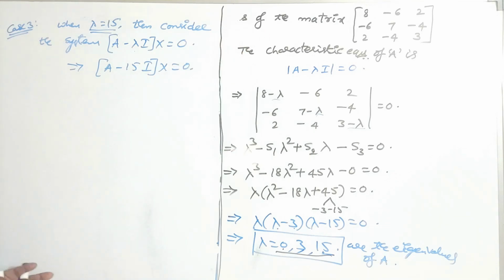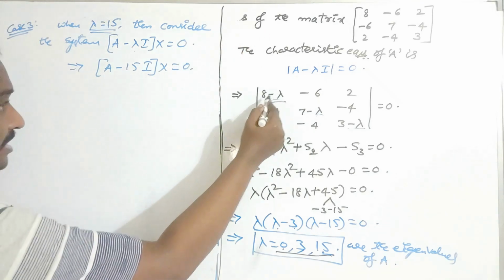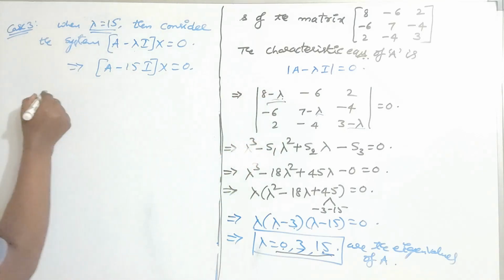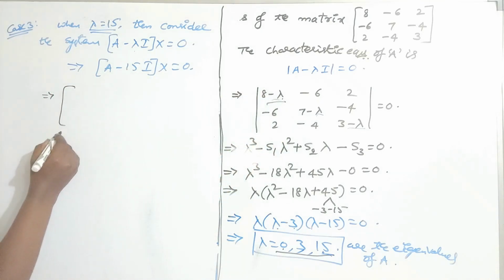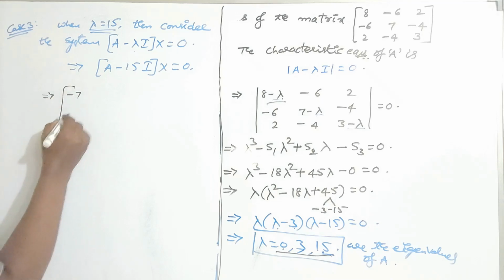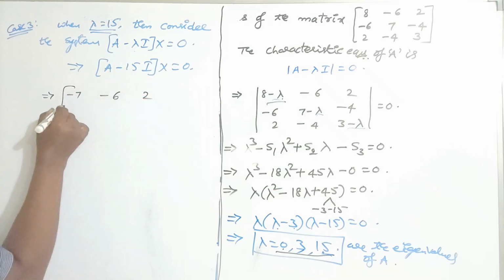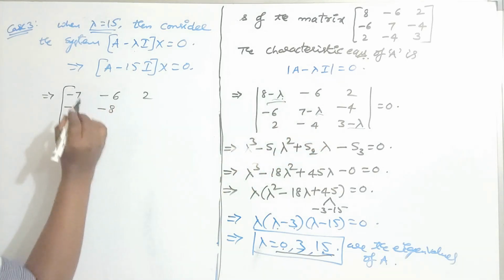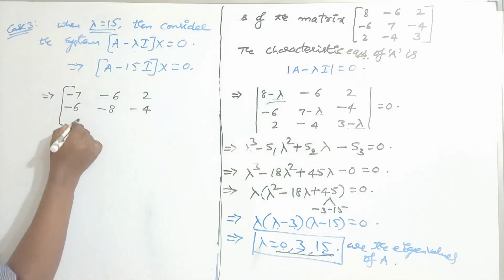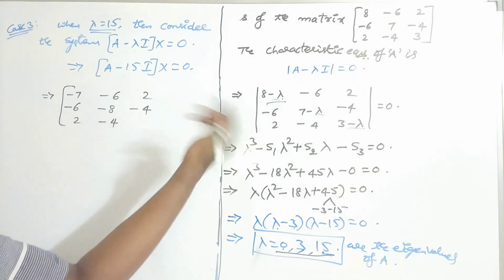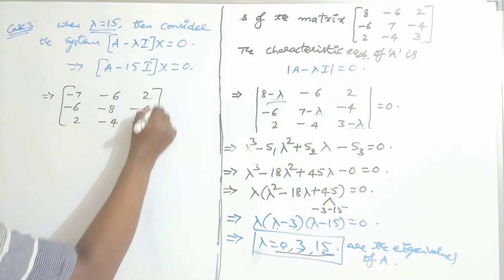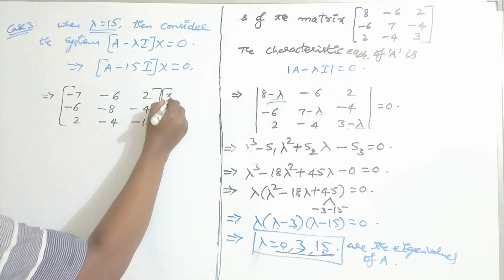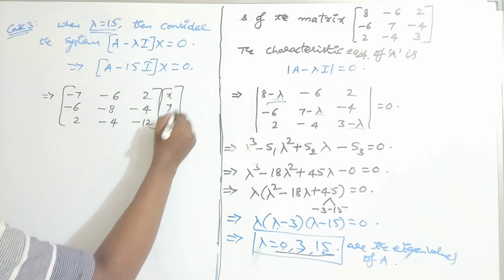So what is 8 minus 15? -7, -6, 2, -6, 7 minus 15, -8, -4, 2, -4, 3 minus 15. It would be -12, of x, y, z is equal to,